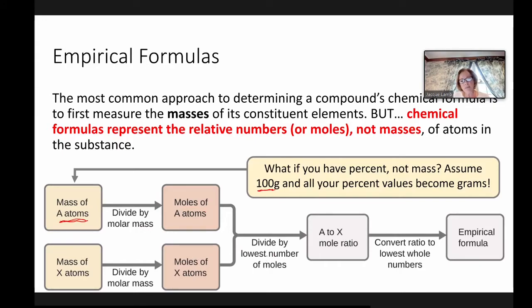The first step in doing that is to divide by the lowest number. That's going to guarantee that one of those constituent elements is going to be a 1. You divide by the smallest, that turns that one to 1, and then you look to see if the rest have become whole numbers. If they haven't, you might have a ratio of 1.5 or 2.5 or 1 1/3. In that case, you can multiply by a number to convert that to the lowest whole number ratio, and that will give you the empirical formula.